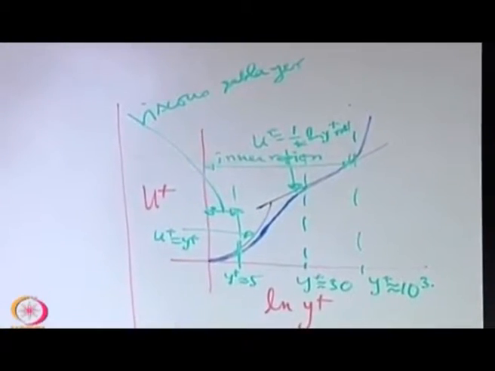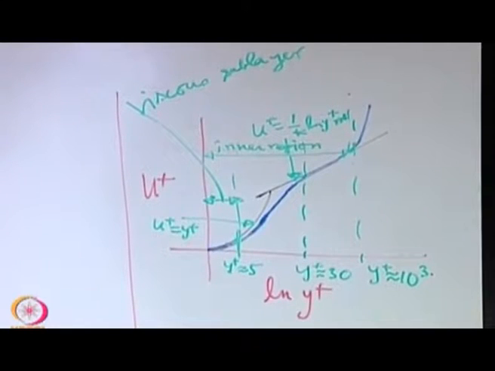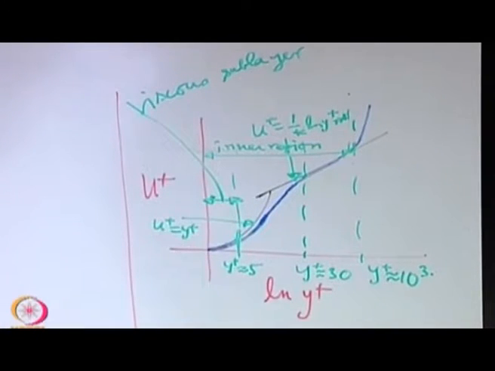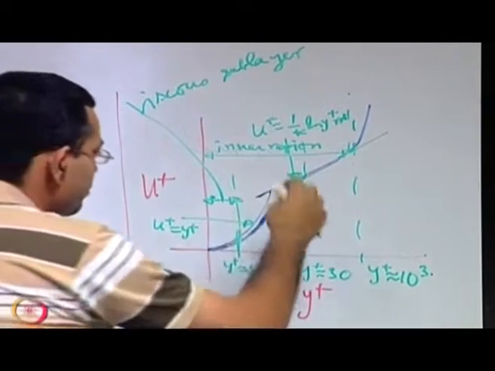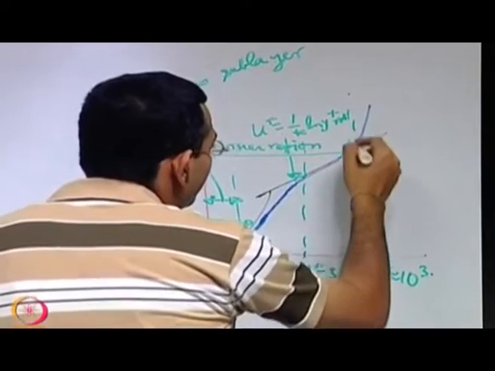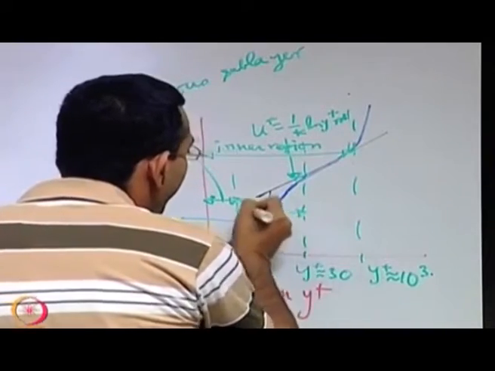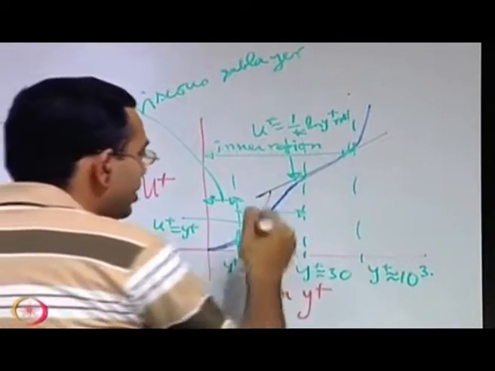In very old books it is written as a laminar sublayer, but laminar sublayer is not a very correct term because that gives a false indication that the entire behavior here is laminar. It is not so. There may be cases when there are some turbulent fluctuations in these layers, they may be intermittent, they sometimes appear and disappear, but whatever it is, it is dominated by viscous effect, molecular viscosity, that is why viscous sublayer is a better name for this. Then you have this layer where you have a transition from the viscous sublayer behavior, a sort of a patch where you have a transition from one behavior to another behavior, this is known as a buffer layer.